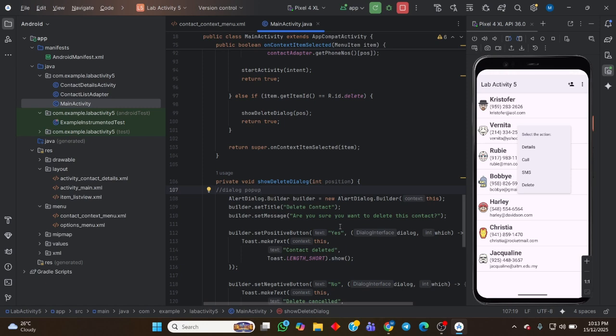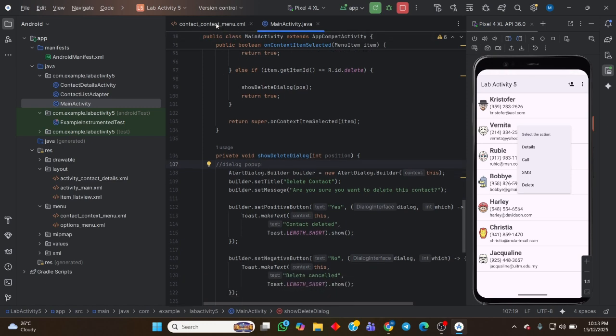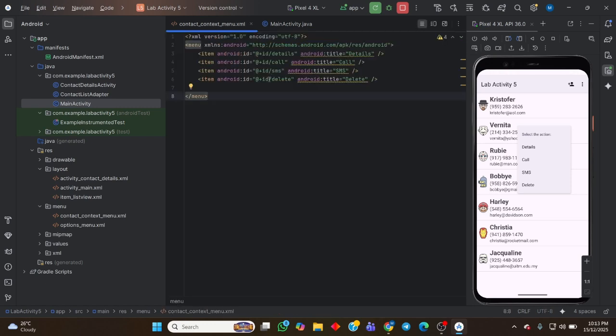For the lab application sheet, I will show you the delete part, as the post lab requires the student to show the delete part only. For the first one, we want to see this XML, which is the context menu. At the last line in this menu element, you can see there is a delete element.